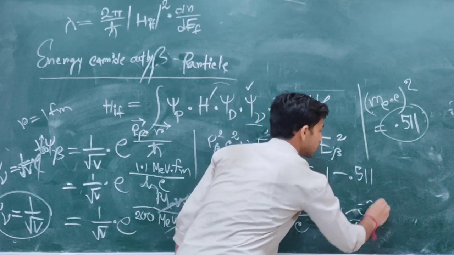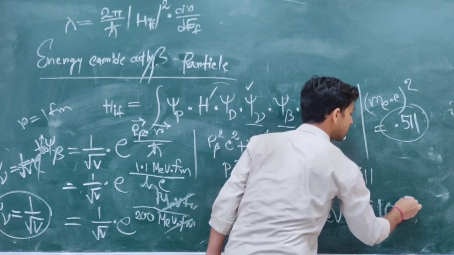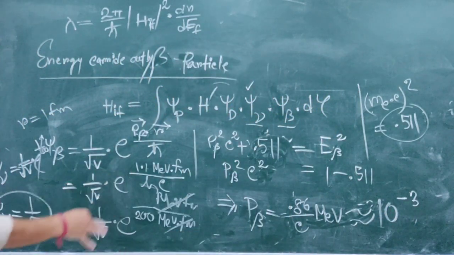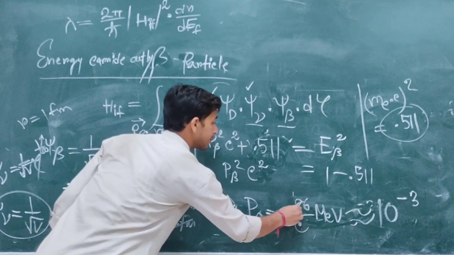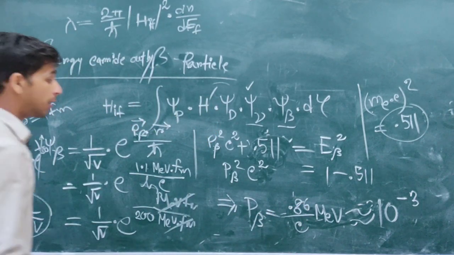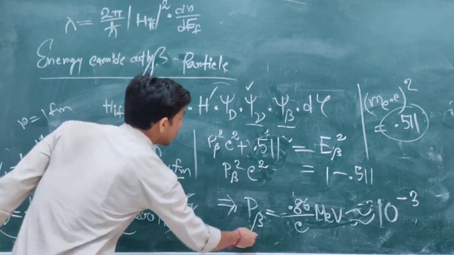That's nearly equal to 10 to the power negative 3. In the previous case we have shown, for the value of 10 to the power minus 2 P, we will get